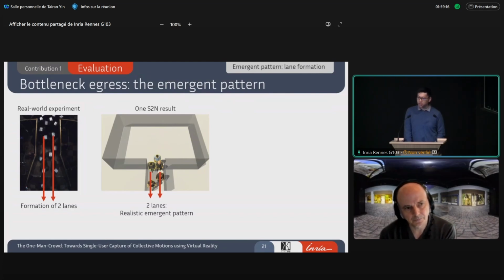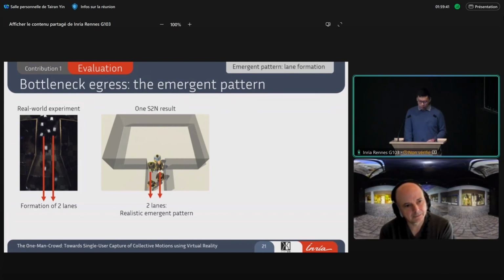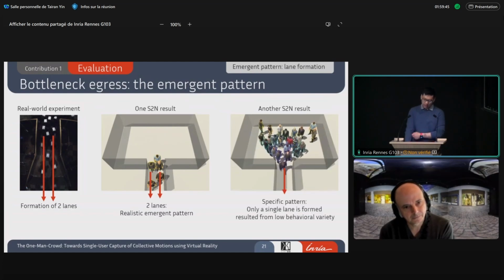I think it's important to mention that we didn't tell the participants that they will be walking with themselves during the experiment. So somebody would realize that they are walking with their former animations, but somebody wouldn't. And the instruction that we gave them is basically you go there and try to avoid collision with the others, which is, I think, quite an important reason why we finally observe this kind of specific pattern,